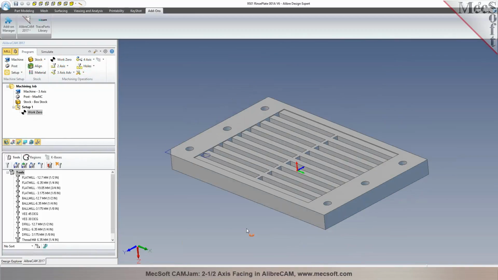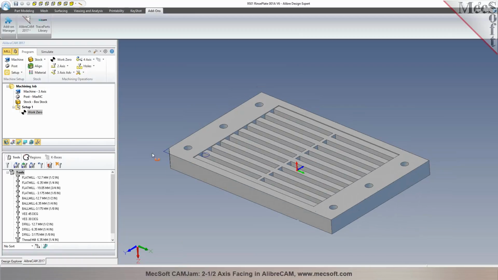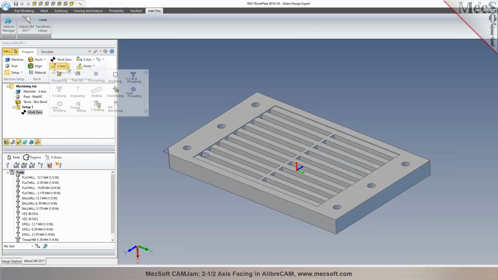Now in the next step, we would want to basically go ahead and face this down, right? So you have this thickness of material that's being left above it, right? So you want to face it down. So we could do an operation called facing under two axis,